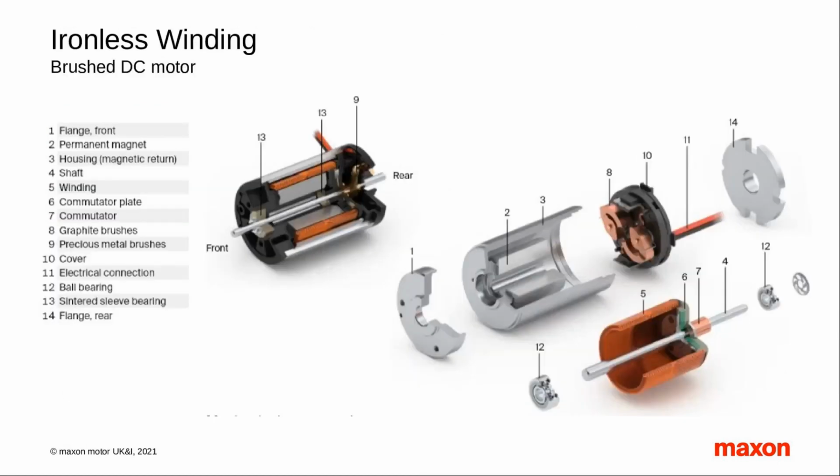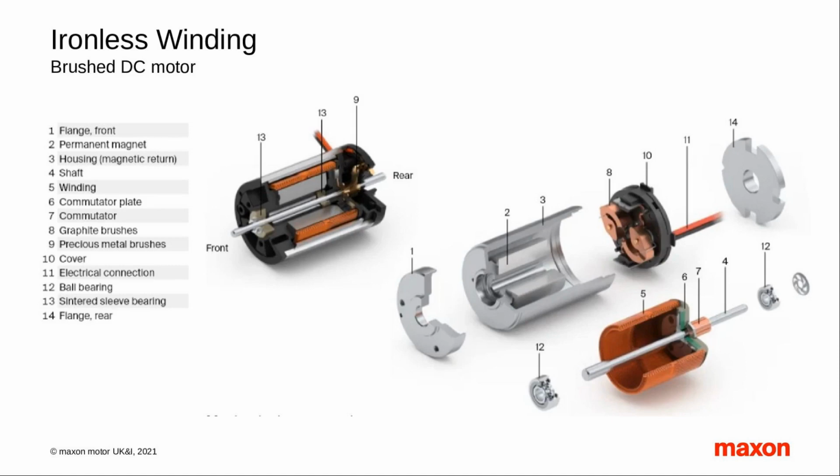So I'm going to come now to the ironless winding and what I mean by that. So the key component on this slide is identified as, look for part number 5. That's the copper cylinder. That is the winding within the motor, and the winding is not wound around iron laminations. That's why it's called an ironless winding. So that part with the copper cylinder or the winding, that's the only part that moves within the motor. It runs on the shaft, which is supported in bearings,